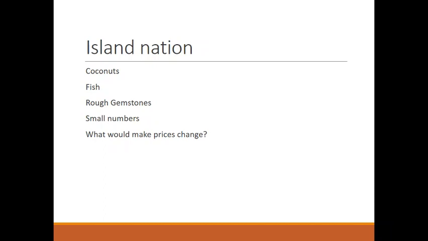And so now, given the amount of gemstones in the economy is fixed, the prices for coconuts and fish have both declined. So the gemstone savings are now worth more in terms of coconuts and fish. So a positive supply shock to coconuts led to price declines in coconuts and fish, and deflation. That's what we call it when prices decline.